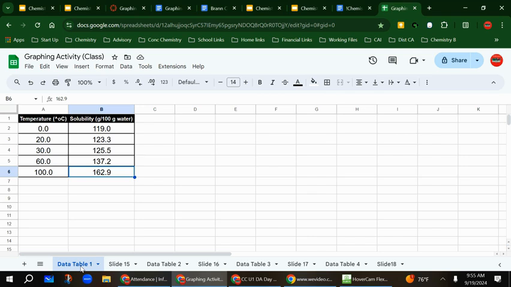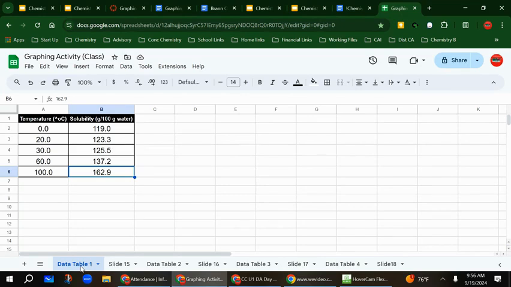I would say they're pretty close to each other, but not the last. Okay, but what's happening here? It's increasing. Okay, increasing. What's happening here? Increase. So what would that tell us if both of these are going up? That it's a direct relationship, that your line is going to go up. So we can get that from this graph, or from this table, that we are going to end up with